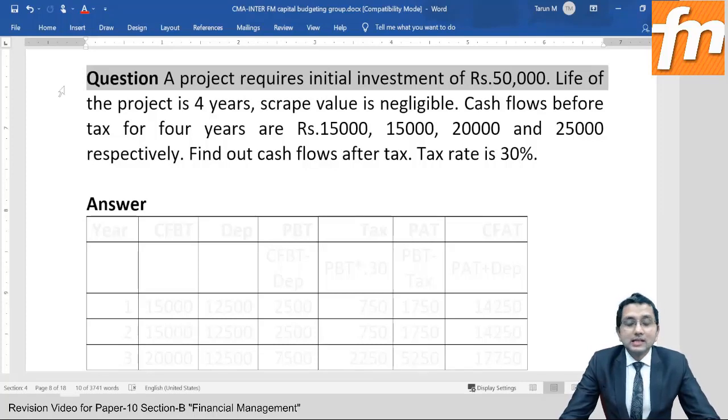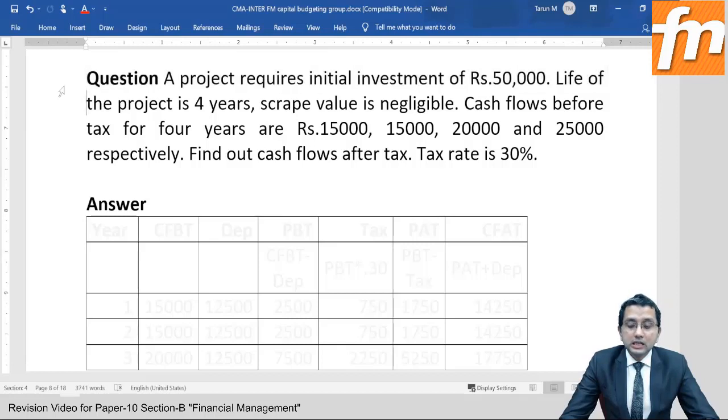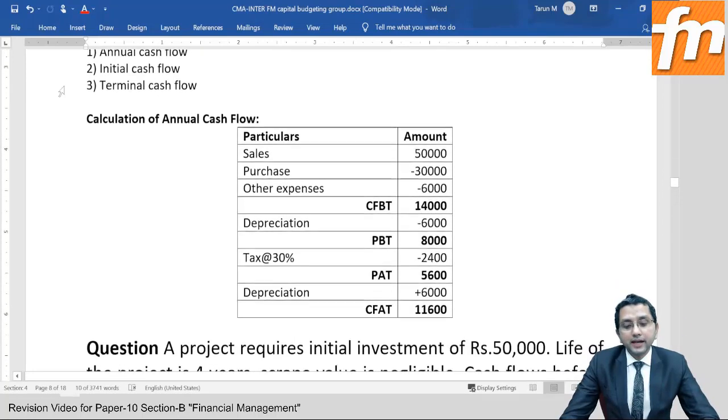Okay, so here we are interested in calculation of annual cash flow. And situation says that a project requires initial investment of rupees 50,000. Life of the project is 4 years. Fine. Initial outflow is 50,000. Life is 4 years. Scrap value is negligible. That is 0. Scrap value means salvage value. Cash flow before tax is given. Okay, so thank God